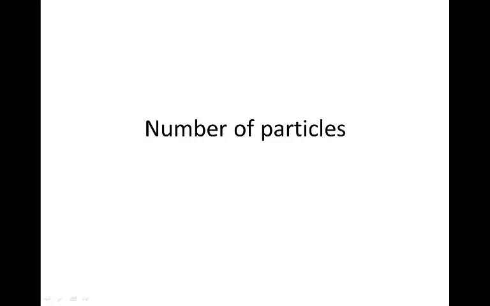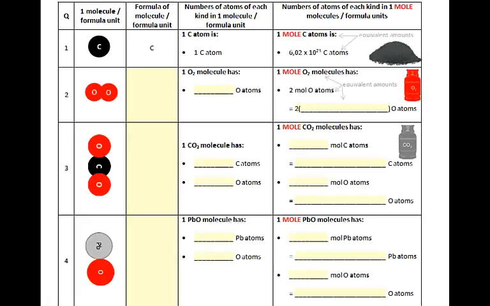Number of particles. Pause the movie while you complete this table. In the first column we have pictures of one molecule or one formula unit, in some cases one atom. In the second column you must give the formula of that. In the third column we look at the number of atoms of each kind in one molecule or one formula unit. But in the last column, we look at the number of atoms of each kind in one mole of